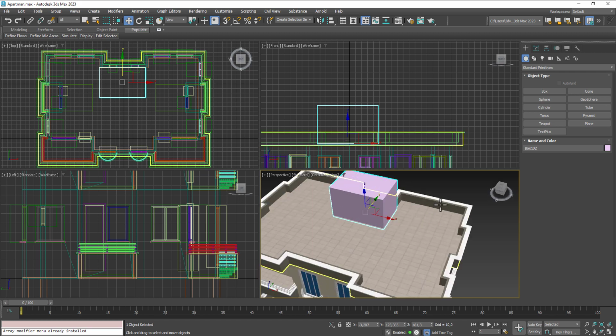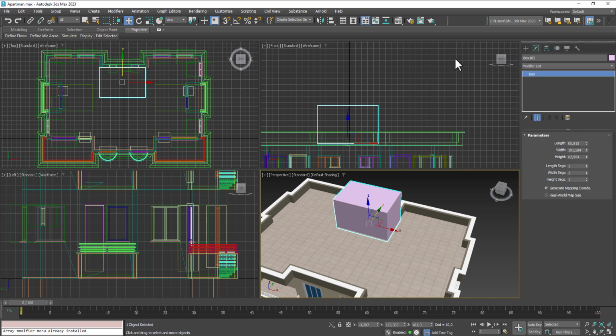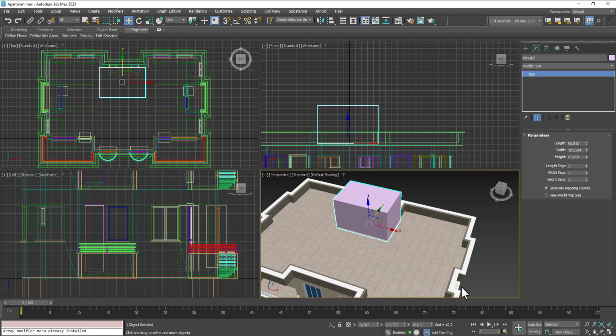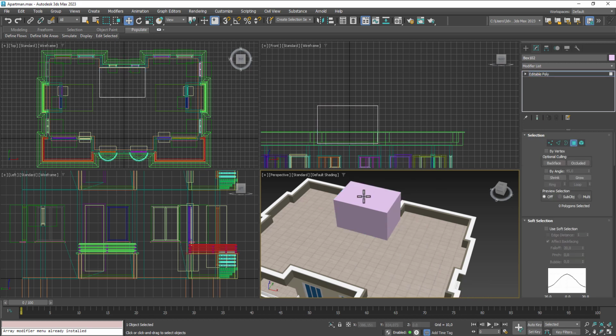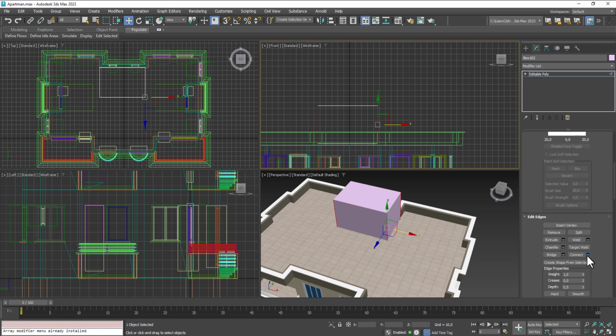Perfect. And we can control editable poly, and we can maybe select this X and connect,